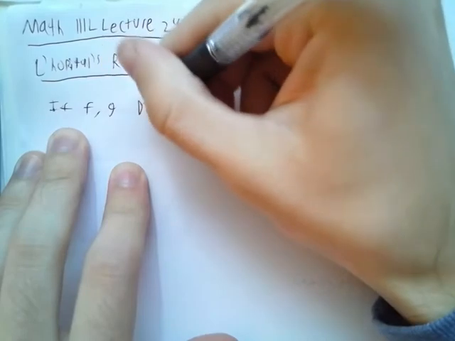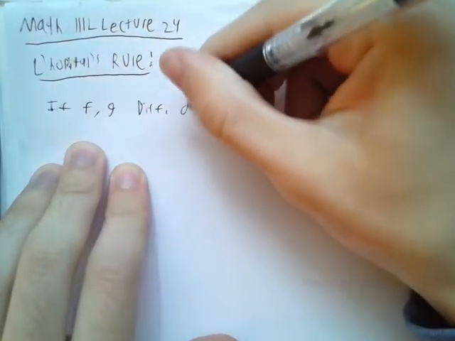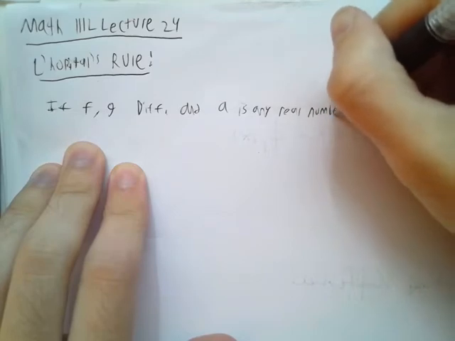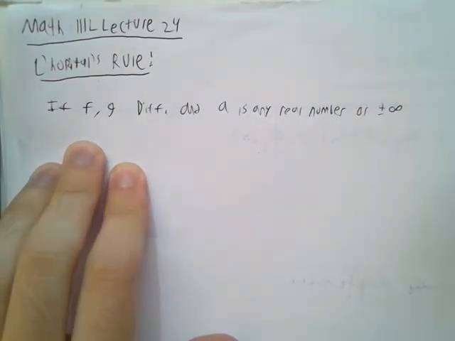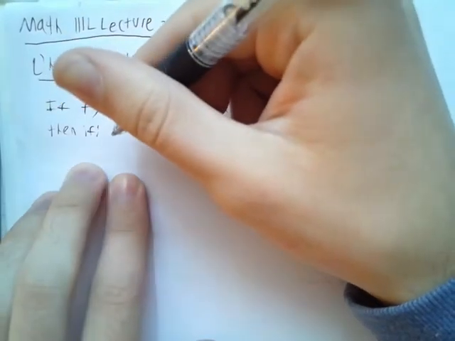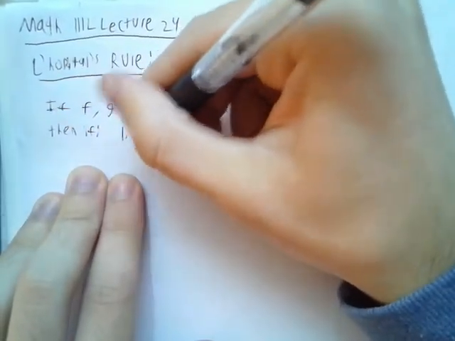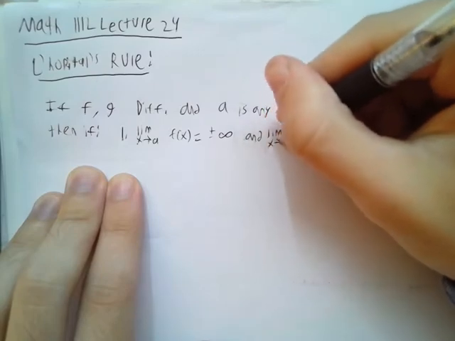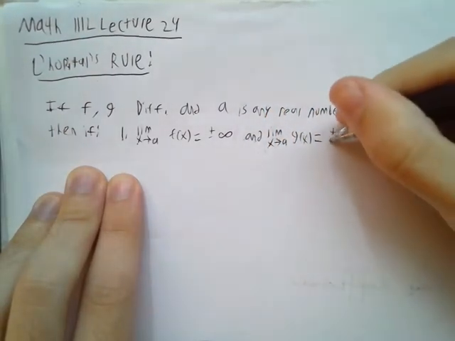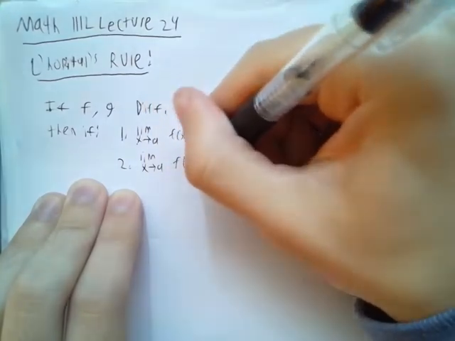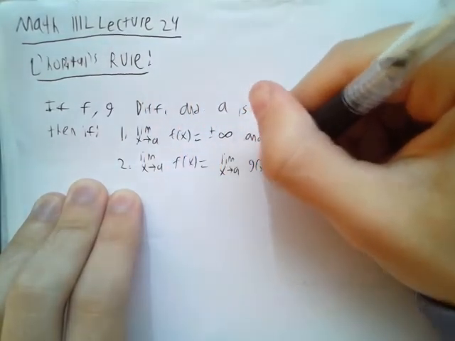So if f, g are differentiable functions, and a is any real number, or also it could be plus or minus infinity, then if we also have that the limit is in indeterminate form, meaning that limit as x approaches a, f of x equals plus or minus infinity, and limit x approaches a, g of x equals plus or minus infinity, or limit as x approaches a, f of x is equal to limit as x approaches a, g of x is equal to 0,